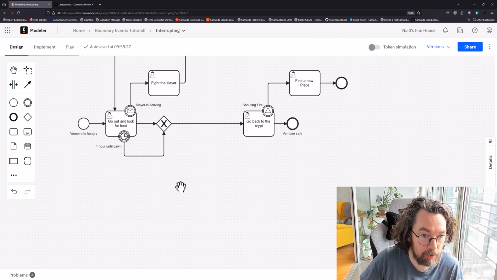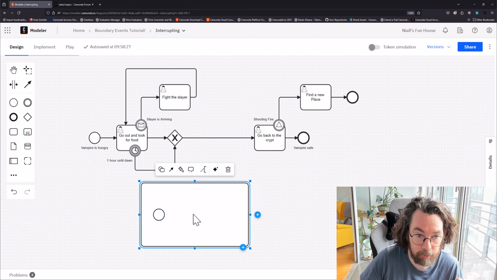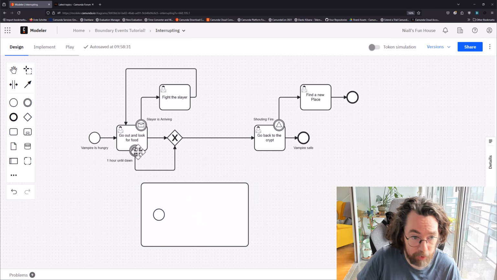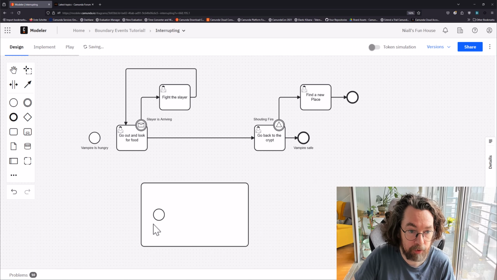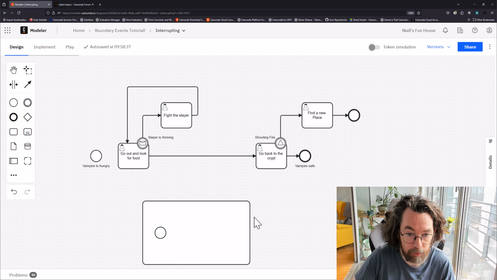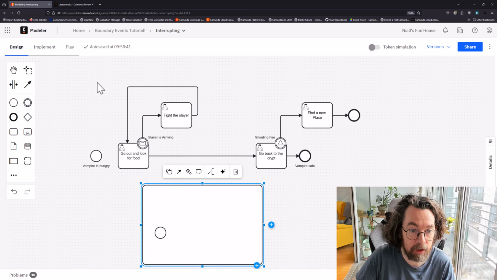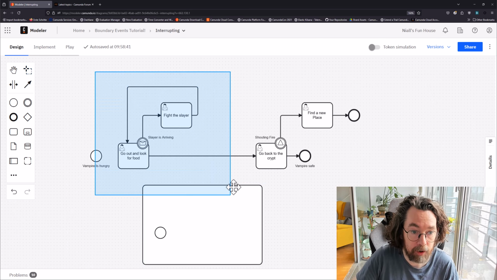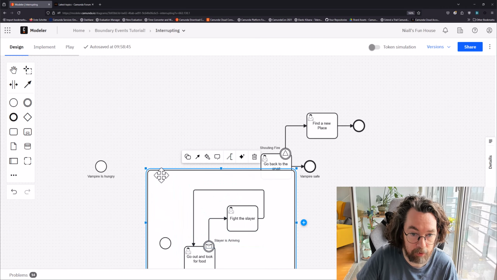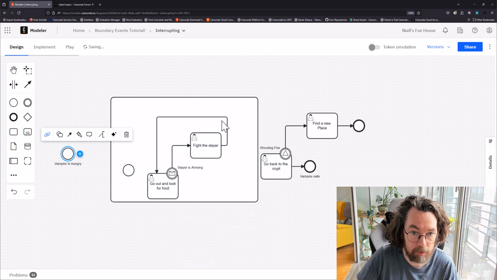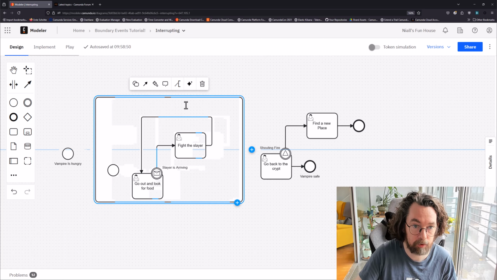So let's start off by grabbing a subprocess, and I'm just going to get rid of this for now. I'll add it back in later. I want to put in the core elements of our evenings as a vampire, and I'm going to copy this and put it in here. Okay, so there's our subprocess. This subprocess is called Night Out,